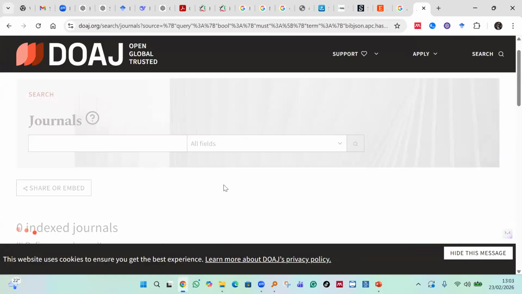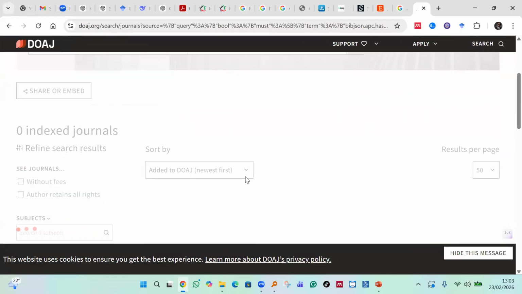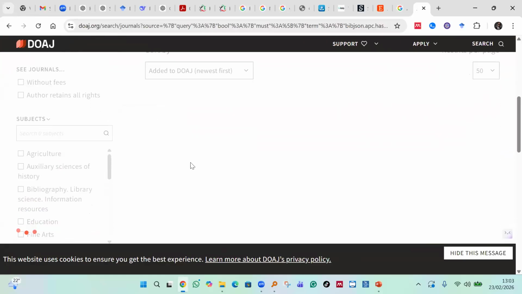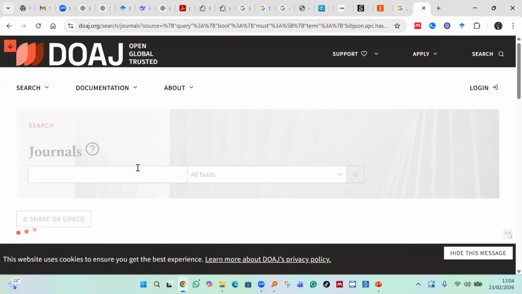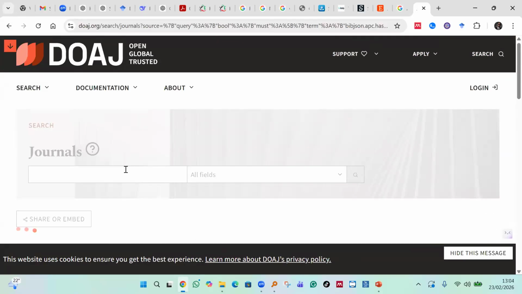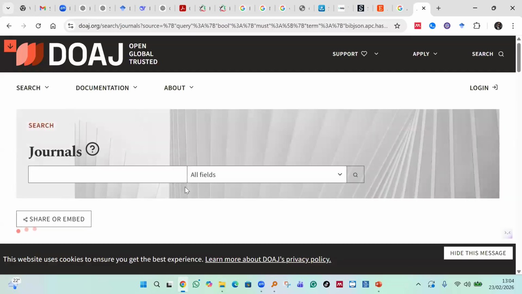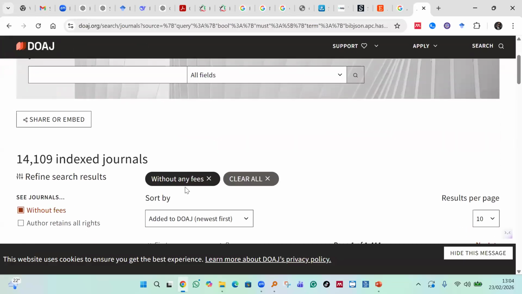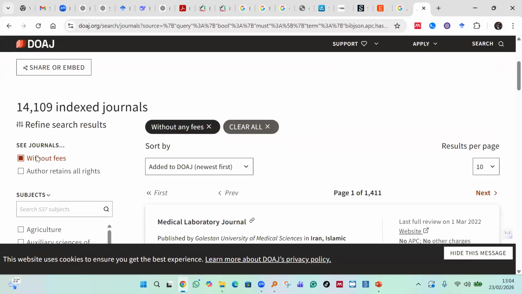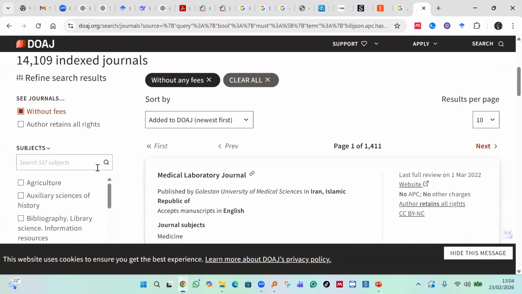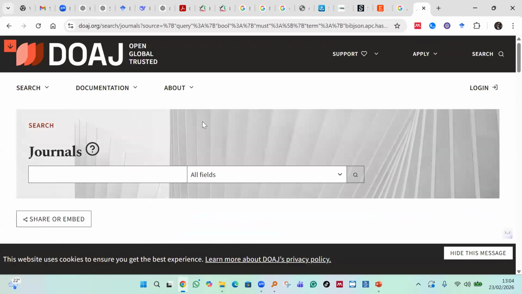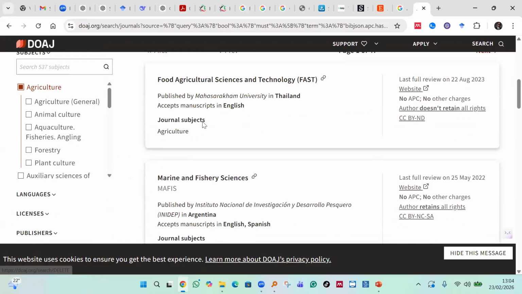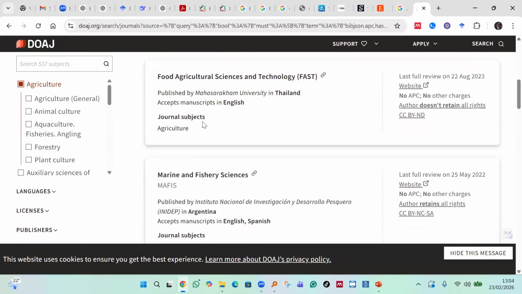So you will come here and search by the name of your field of research. If it's agriculture, if it is fisheries, you will search there. Then you can type the keywords here, and it will pop out certain journals. Then you can check out those journals. These are journals without publication fees. Let's say we are in the field of agriculture; it's going to refine the search. We are going to have all these journals that are in the field of agriculture.